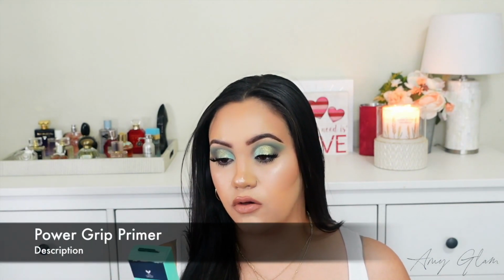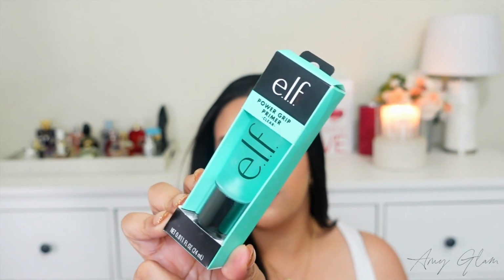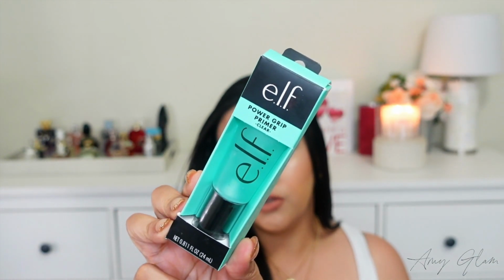Then I got 3 different primers. I got an ELF primer. This is the ELF Power Grip Primer. This one, I don't know how I feel about this, you guys. I tried to use it today, and it might be that I used it with a mattifying foundation and my